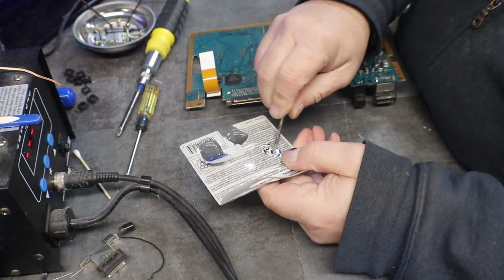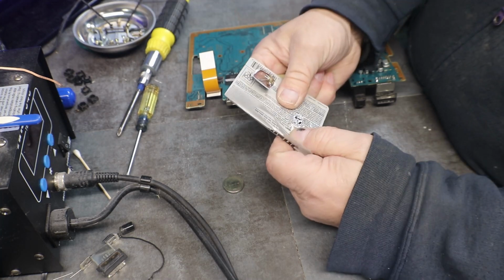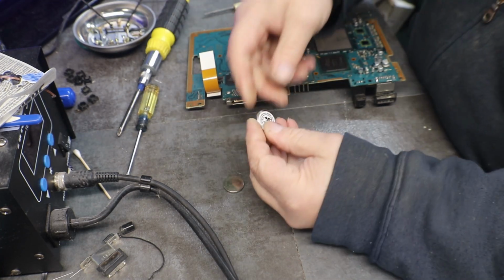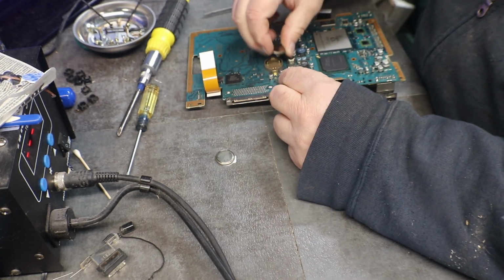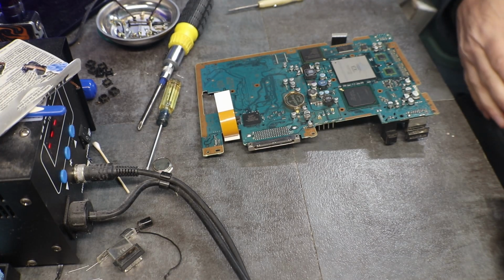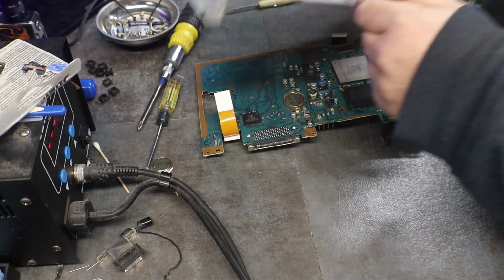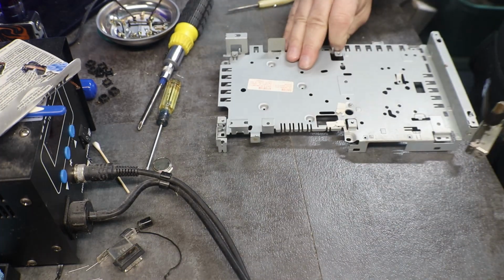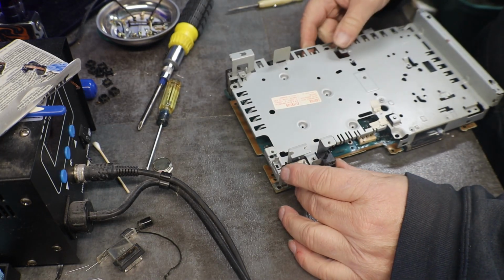Hey, they definitely don't want you stealing them out of there. Take our little sticker and put them on him. Okay, always sucks when you die right in the middle of something, but okay. Now I have all this stuff laid out as to how I took it off. So we should be able to just